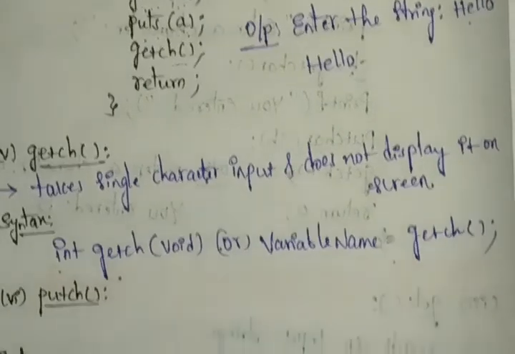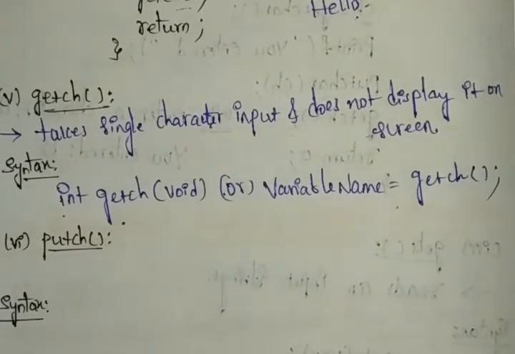Okay, and next here we have putch. Whatever the user gives by key entry on the keyboard can be displayed on our output device, right? This putch also works with the conio header file. It is used to display a single alphanumeric character, similar to our putchar.